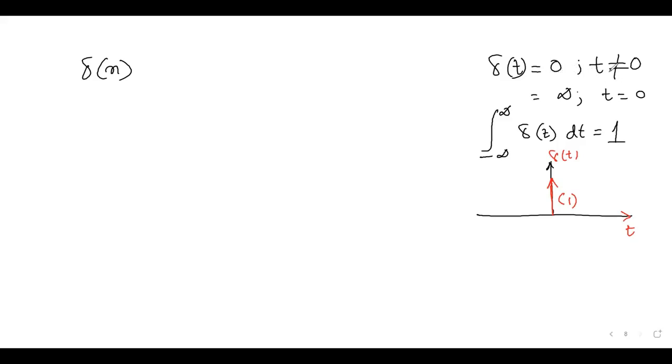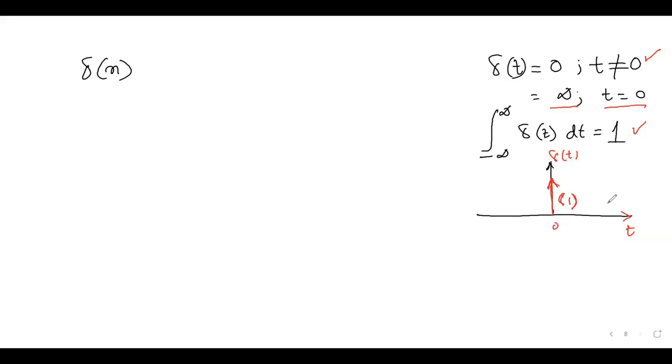The impulse function is defined as delta t equal to 0 for all values of t except t equal to 0. At t equal to 0, the value is infinity. An impulse means a very large force acting for a very small duration. The impulse is represented by its strength. Strength means the area under the impulse, which is the integral from minus infinity to plus infinity of delta t dt equal to 1, and it is represented by a vertical arrow, with its strength written within the bracket.